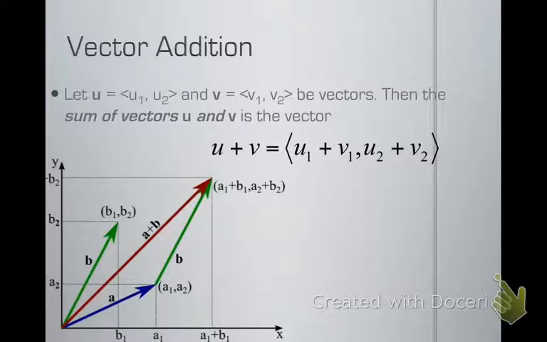Visually, this should look similar to what we did in class, where we take the x component of one, let's take the blue vector here, and the x component of the second one here, and that becomes the x component of the resultant vector, or the sum. The same thing works going in the y direction. The y component of one, the y component of the other, and that becomes the y component of the sum,